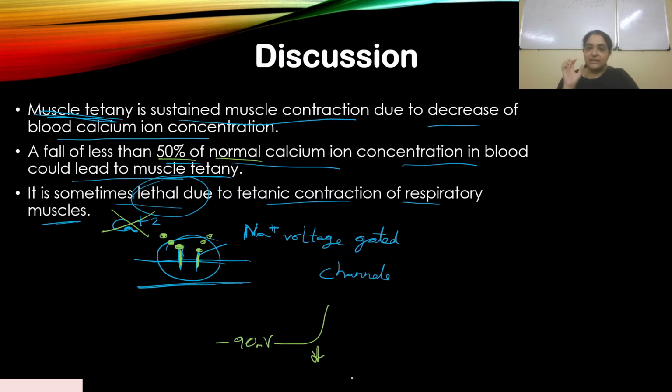That means they quickly depolarize, even before reaching the normal threshold. They become very sensitive. They suddenly depolarize even without any stimulus. Once this stimulus goes through, the muscle will contract. There's no rest; the stimulus is continuously fired to the muscle, and the muscle keeps contracting. This is what muscle tetany is, and this is how the drop in calcium ion concentration affects the neurons.